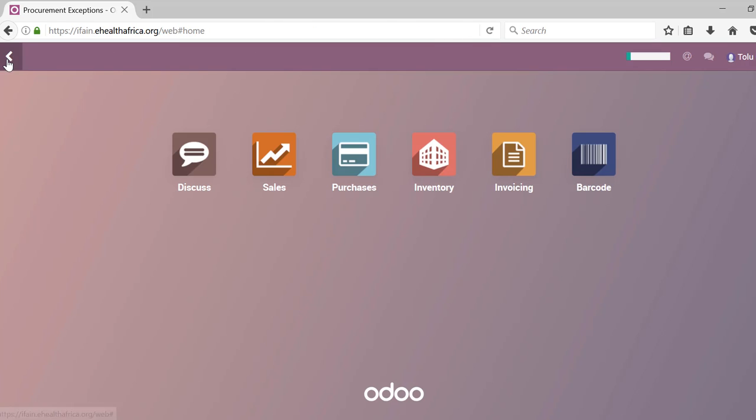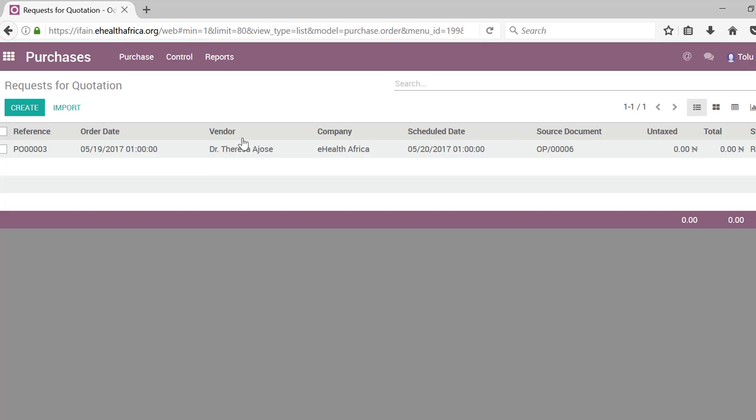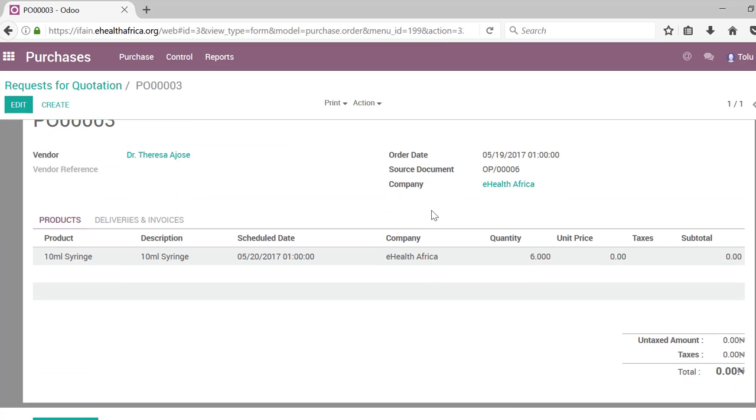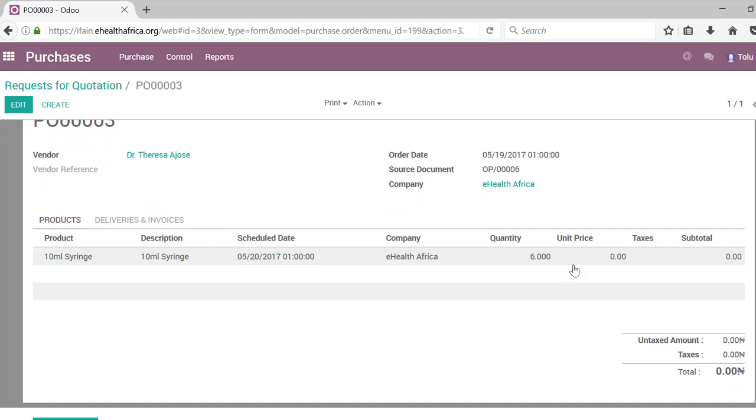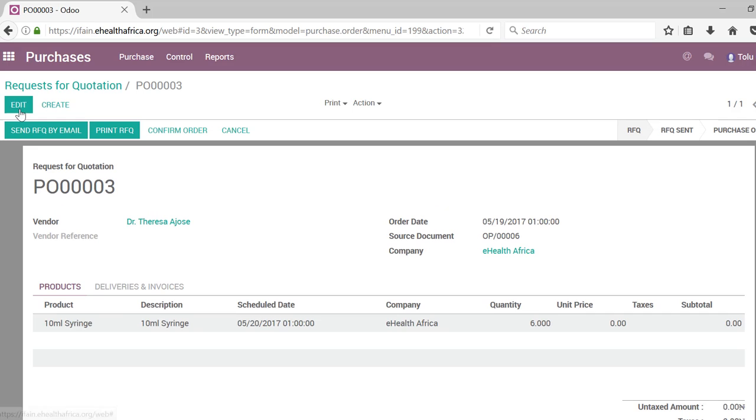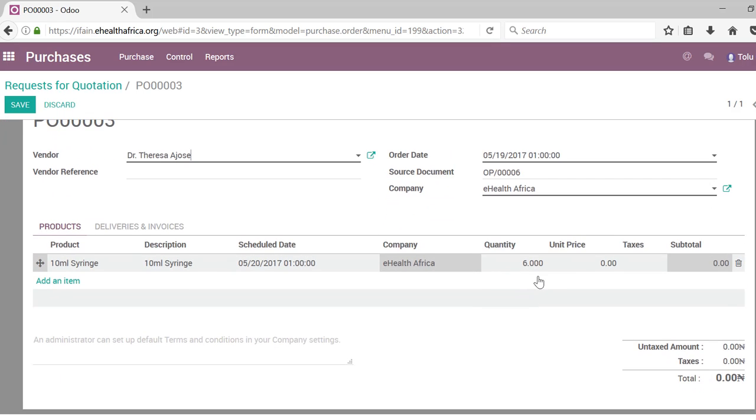So if I go under purchases, I can see that a new request for quotation has been generated. And we can see that the source document is our reordering rule document OP-0006. And I can click on that and see the details of the RFQ. I can see that the quantity is 6, 0, and 10 ml syringe. I can edit this to increase the quantity to whatever I want,